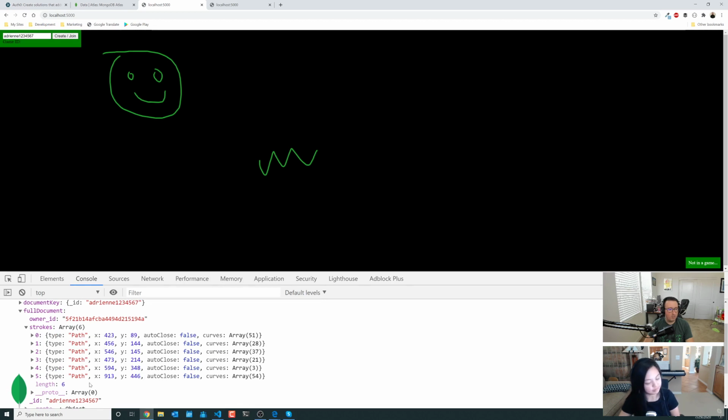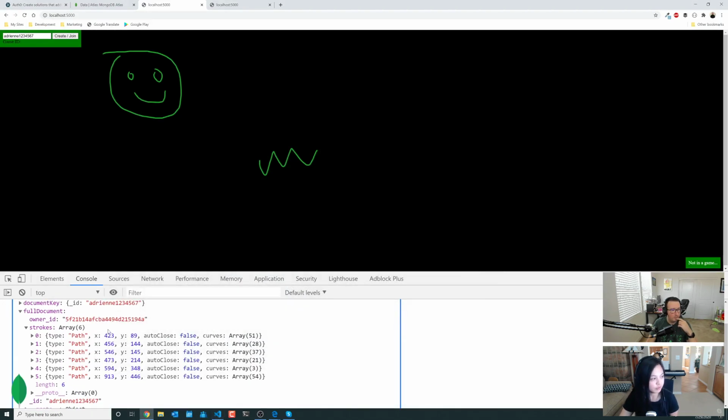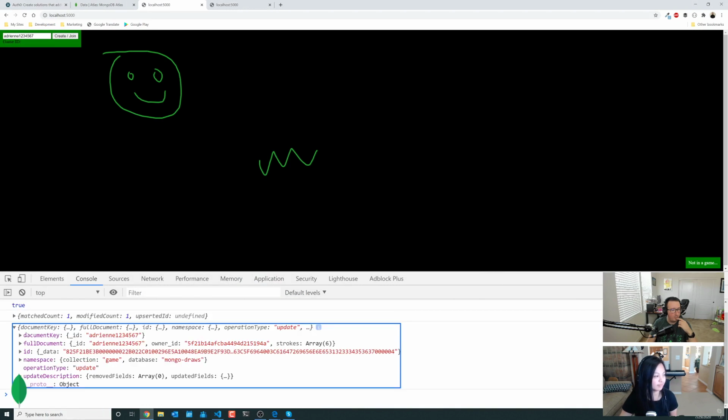So this should be just a single stroke, I believe. And basically, we just want to render that every time one comes in, right? Yep. We're basically saying, hey, we have some new paths to draw, so let's tell Phaser to draw that out. It's almost like triggering it, right? That there's new changes saved. We just need to do something with it. Yeah. So that we have the full document.